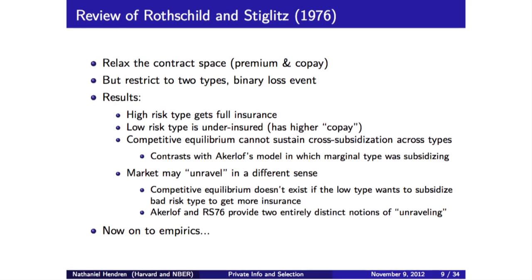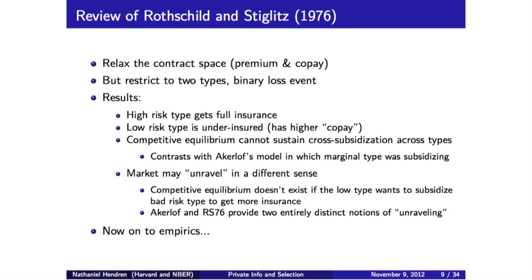Rothschild and Stiglitz note that there's more things to an insurance policy than just a premium. There's things like deductibles or copays, right? And if you think that people differ in their riskiness, then that should generate not only a difference in their willingness to pay for premiums, but also a difference in their desire for different copays. And so Rothschild and Stiglitz start to think about differences in what people are willing to pay. And I drew a little bit of a graph over here where you can think about the Rothschild and Stiglitz world.